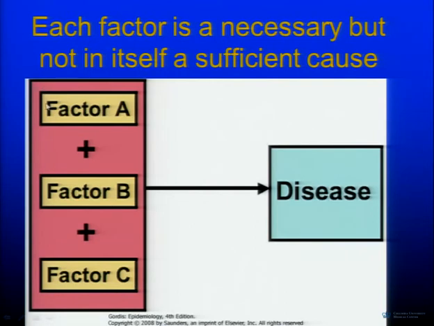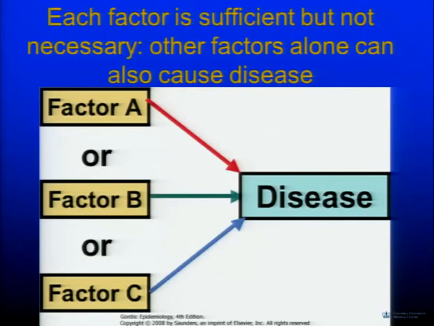So it might be that you're exposed to a bacteria, plus you have a depressed immune system, plus, I don't know, you forgot to eat for a week or something. So all three of these have to be present for disease to occur. And then each one of these is sufficient but not necessary. So any of these could cause disease, but it could be factor A or factor B or factor C. Other factors alone can cause the disease. Factor A isn't enough, and this might be something like smoking, where yes, smoking can lead to the disease, but there's other things too that can lead to lung cancer, like say asbestos exposure. And not everyone gets it, but it's potential for this factor to lead to the disease.